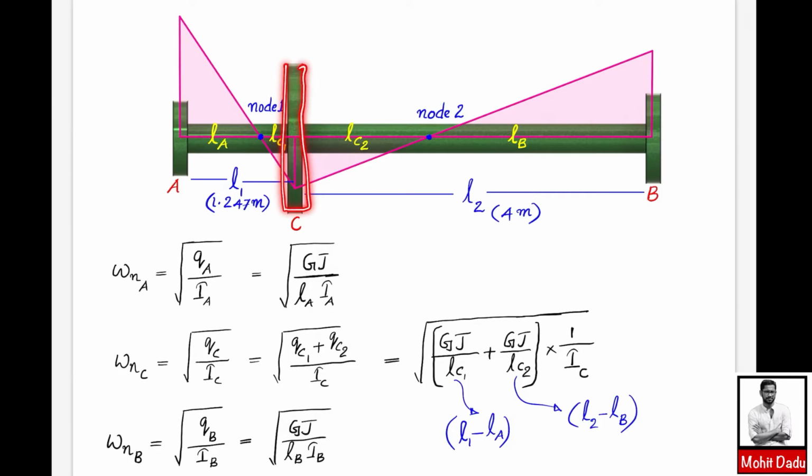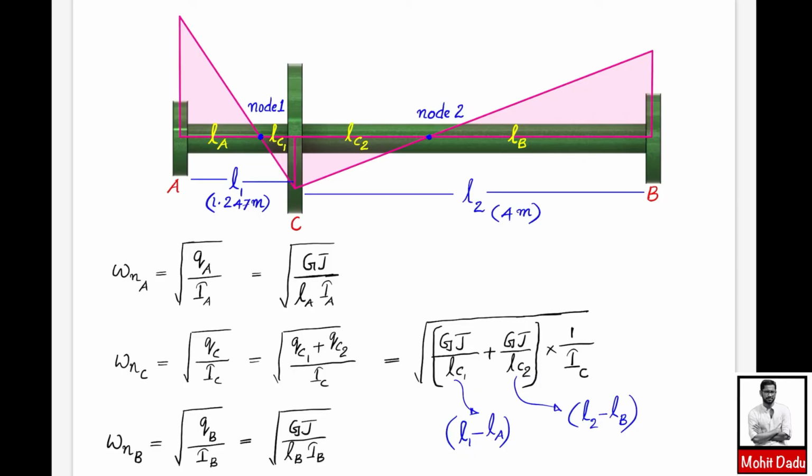And this C can be considered as the rotor which is connected to one node by a distance of LC1 and to the other node by a distance of LC2. So by doing the analysis, you will be evaluating all the values of LA, LB, LC1 and LC2. And here we will be converting this three-rotor system into three single-rotor systems based on the nodes, considering each node as a fixed